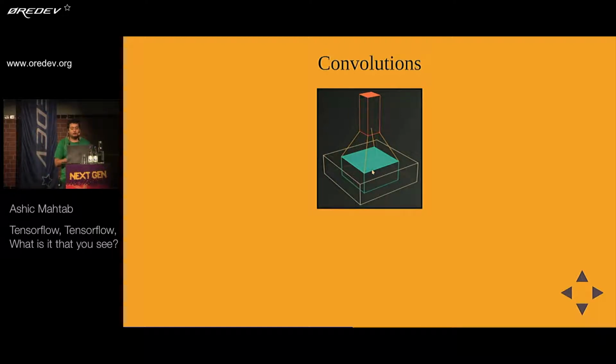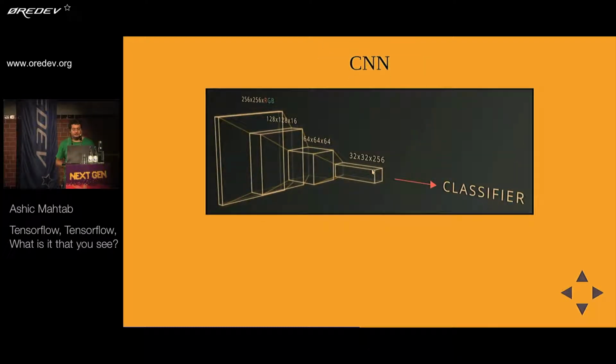Okay. A convolution basically means it's a mini neural network. It's running on a subset of your input. So for example, if that's a whole picture, it's running on that part of the picture. And instead of having, say, 3 channels in its input for the 3 colors, it has k outputs. So it widens and lessens, kind of like neural nets themselves. But this is basically a mini neural network. Okay. And what you do is you stack them one after the other, and then you feed the end result to a classifier. When you talk about convolutional neural nets, that's pretty much all it is. Okay? And they work very well in terms of image recognition.